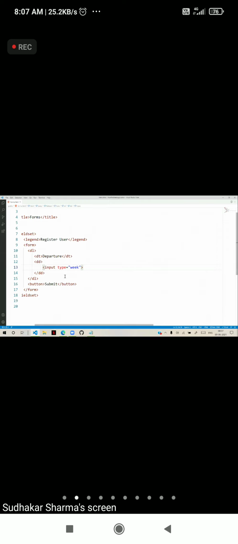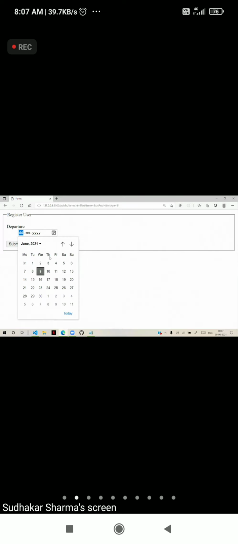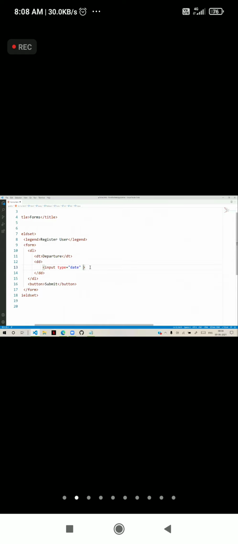Now another thing is we have a limit. We can define the limit. So you have date, and it is showing the date. I don't want to allow every date. After July 18th, that means from today, June 9 to July 18 only it should allow. Other dates not allowed. You can give the same option. We can give minimum date. Here remember, date must be entered in year, month, day format.